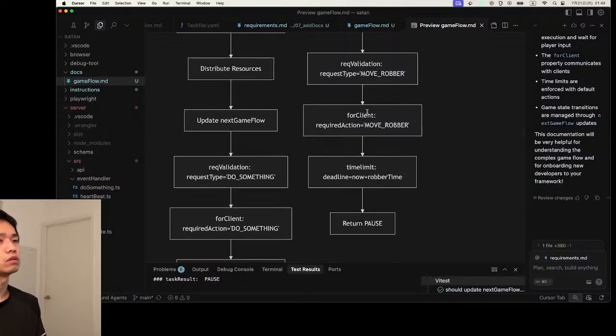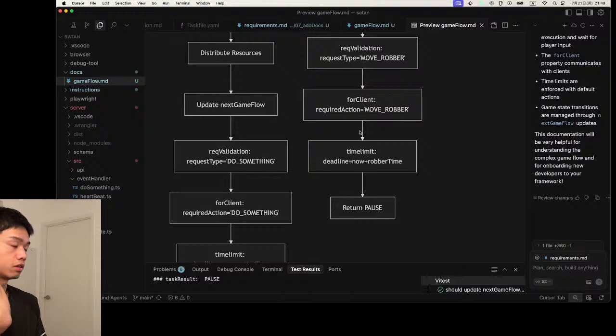Yeah, because the required action is move rover, and the move rover action is requested, and the move rover task handler can handle them, and then it can generate a new task, but ideally